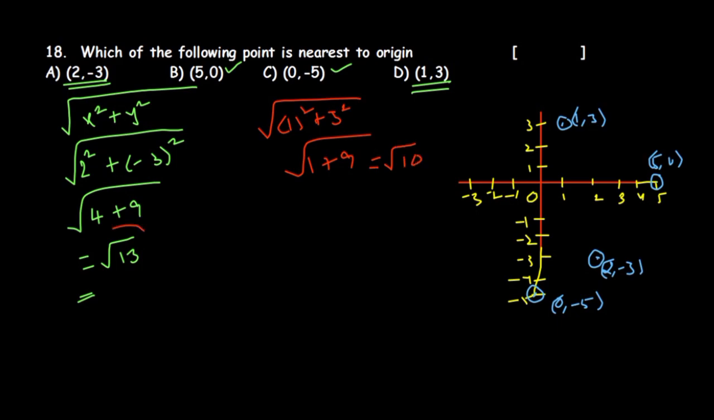Okay, so it's very clear, root 13, root 10. Which is the smallest value? Then yes, definitely root of 10 is the smallest value. So that means this point 1 comma 3 is nearest to the origin. So we can go with the point that is D. Okay, I hope you understood this model. So the next question is,